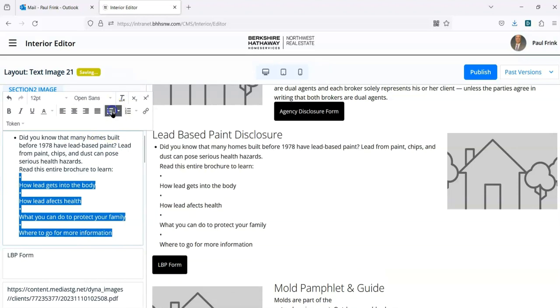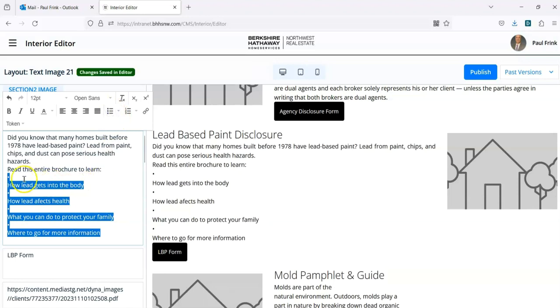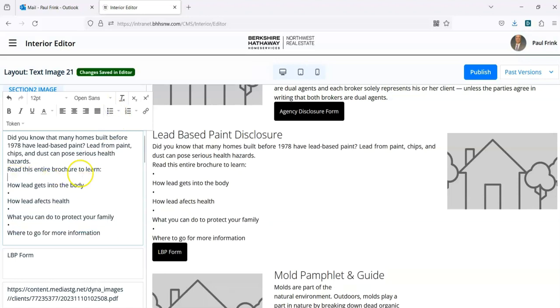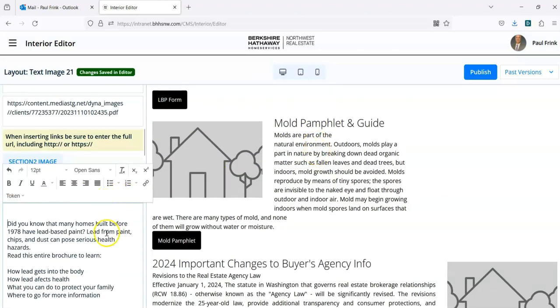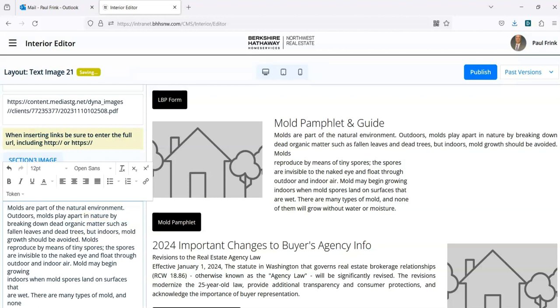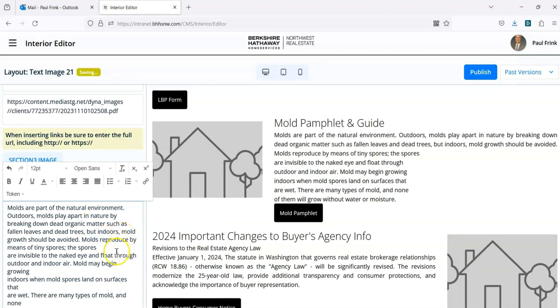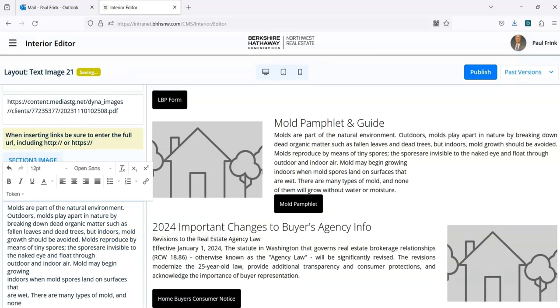So if I want to bullet that, it's not going to let me, but I can get rid of the bullets that are in there. So just get in there and play with it, make it look how you want it to look. Sometimes when you copy and paste, you've got to play with this stuff a little bit, but that's okay. Still better than typing the whole thing out. I had to do that for 2 of them,